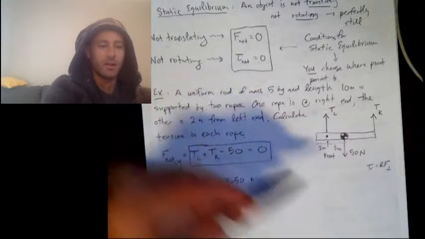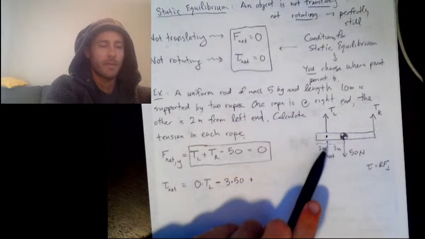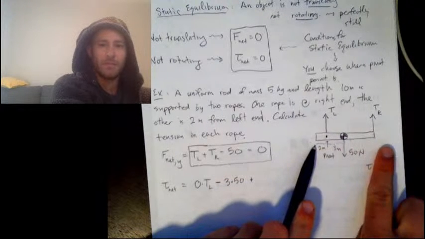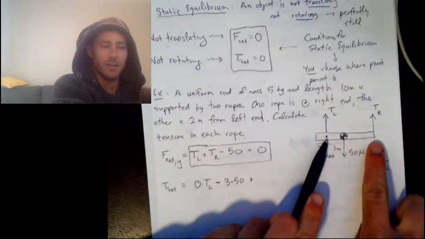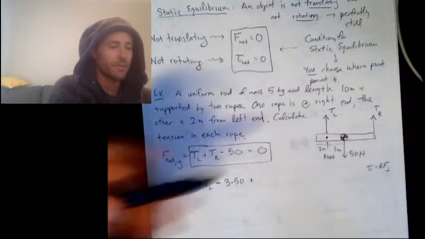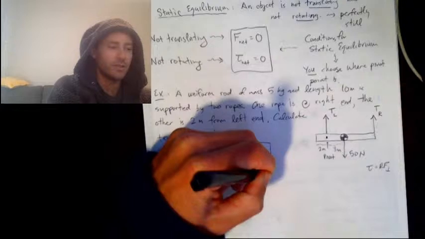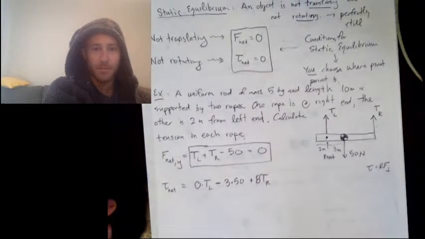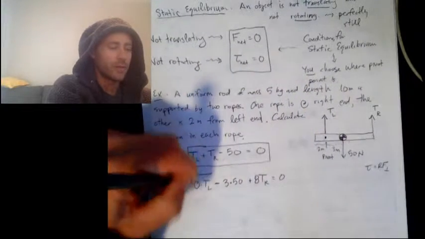You would use R equals 8 meters for the right rope because the total length is 10. This length right here is 2. So the remaining length is 8 meters to the point of application of that force. So plus 8 times the force, which is T sub R. The force is perpendicular, so I don't need to do trigonometry. Okay? So this is my